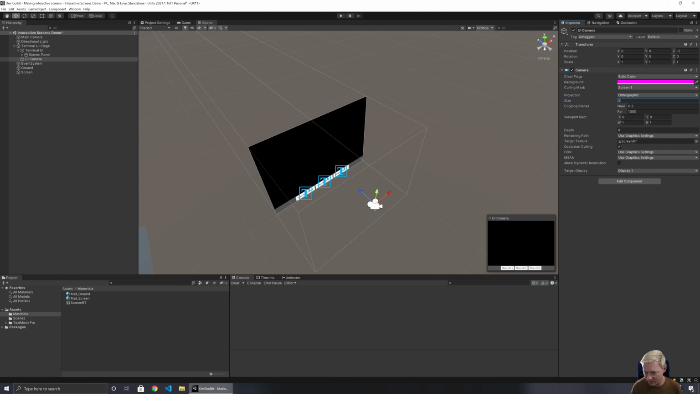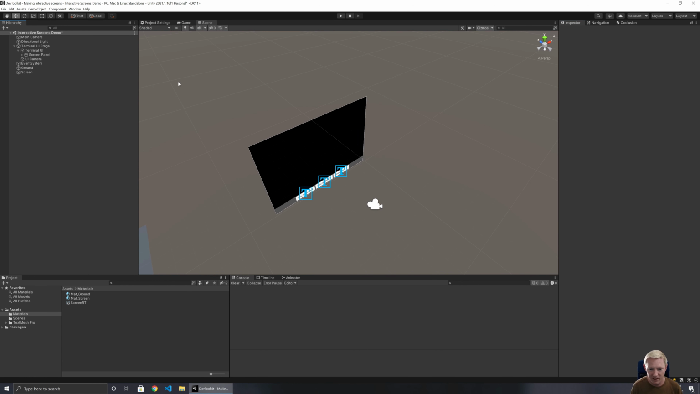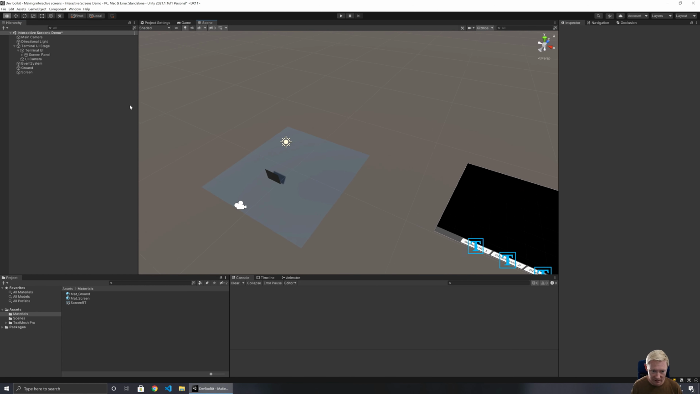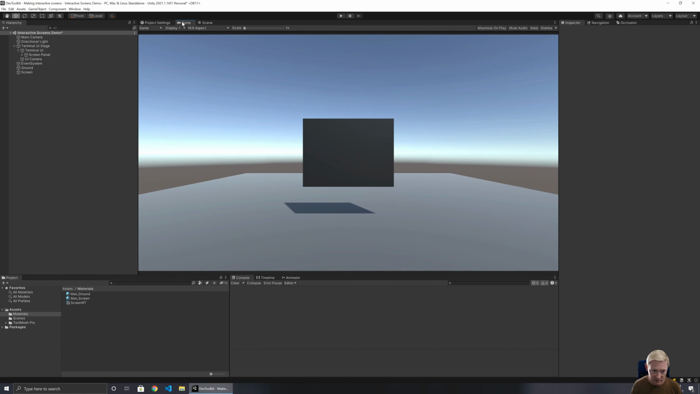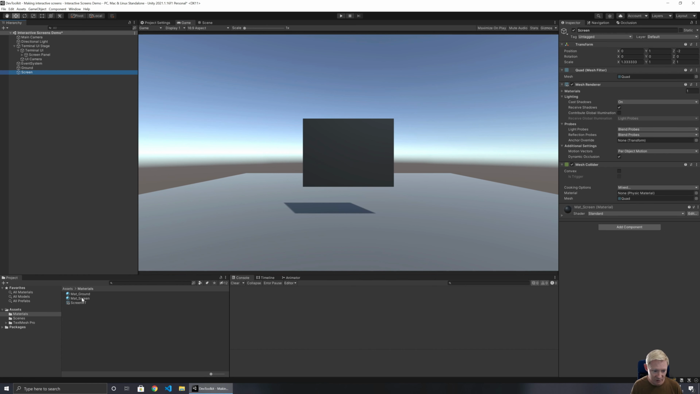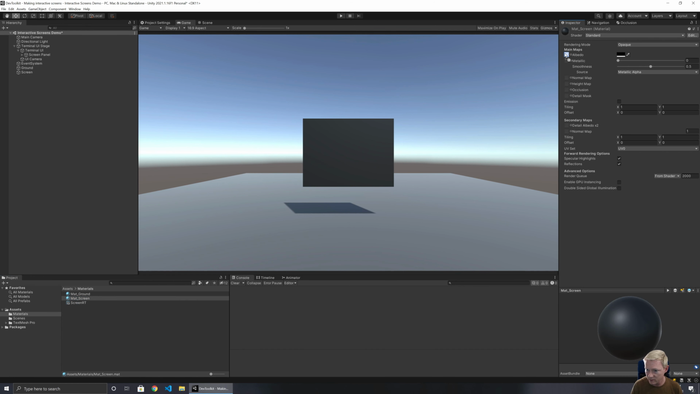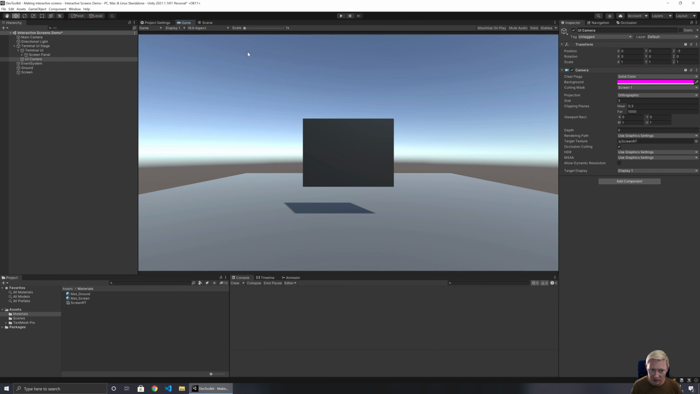So 3 is looking pretty good there. So we can be capturing that UI, and then my screen here, I'm going to switch back to game view for this. Well, screen, if I hook up the render texture to that material, then my screen, I will be able to be seeing the content on this. So if we have it running,